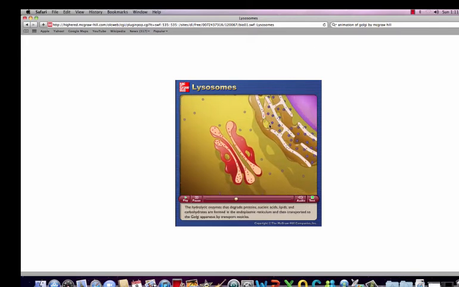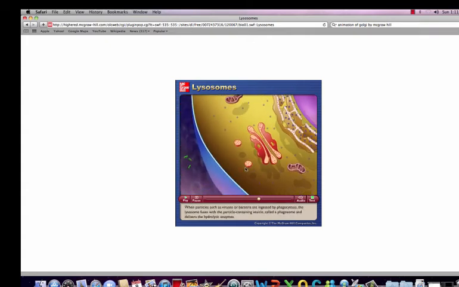See how these enzymes are produced here in the ER. Because remember, enzymes are proteins as well. They bud off. They come to the cis face of the Golgi. They fuse with the Golgi apparatus. And then once they're modified and they're ready, these lysosomes come from the trans side, bud off of the